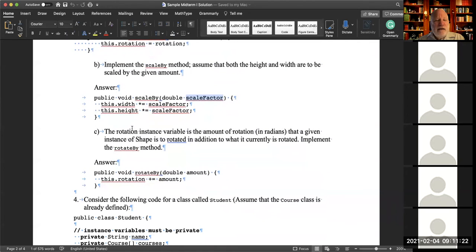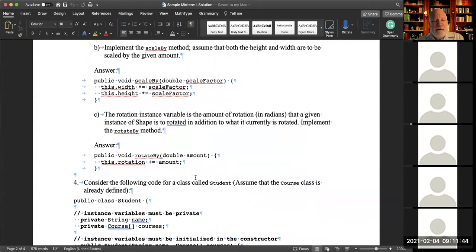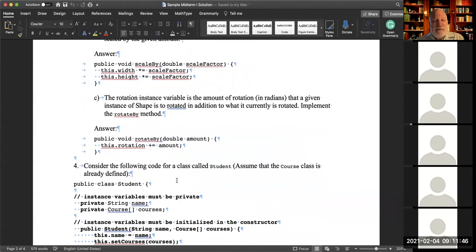And then this was, I realized, a little bit ambiguous, but all I was after here is the fact that if I say, okay, I now want to set the rotation to be incremented by this amount, then I just simply add that. Where would something like this come in? You've all no doubt used these graphics programs where you can rotate it by a little bit, and it will just kind of do that.